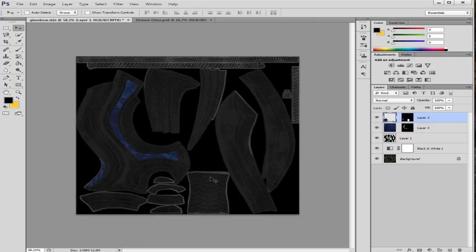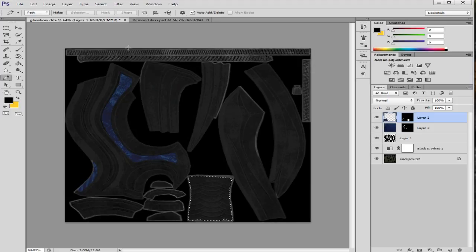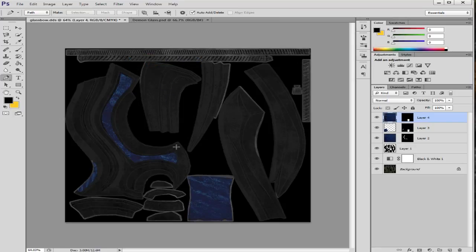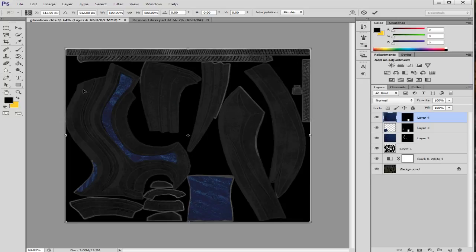What I'm going to have to do is reselect this and then paste in another piece of the demon glass. Okay, I got it reselected. We're going to go ahead and paste into special. I still have it on the clipboard. That's the demon glass. Hold Control T, go up to the corner,